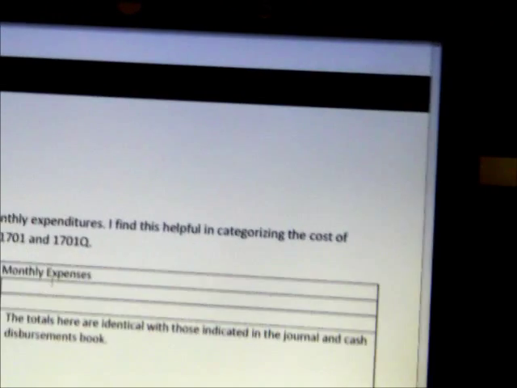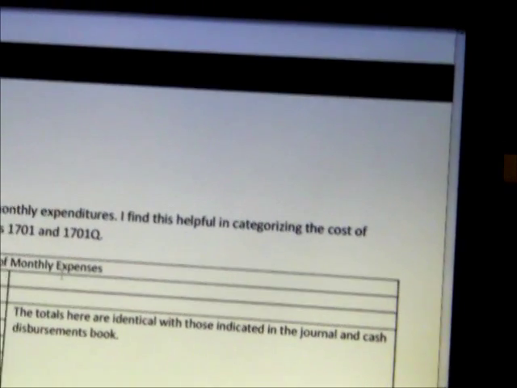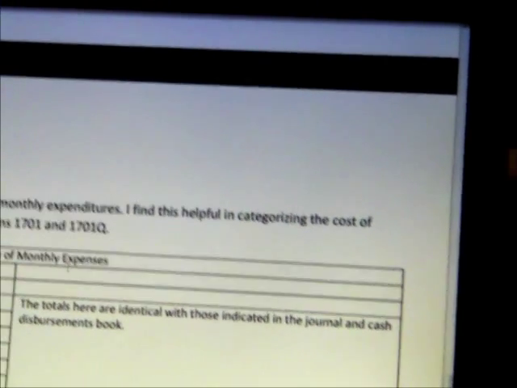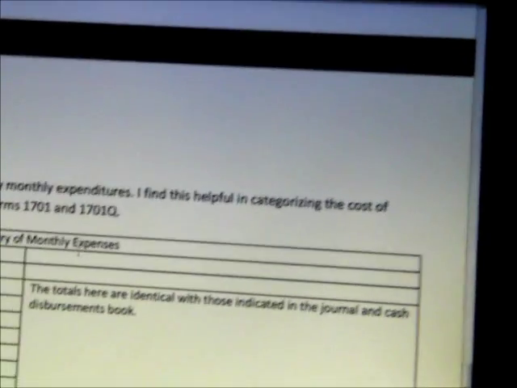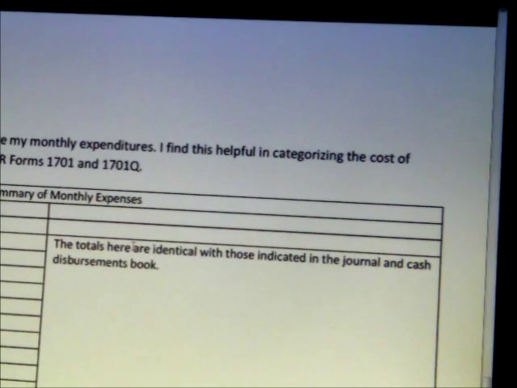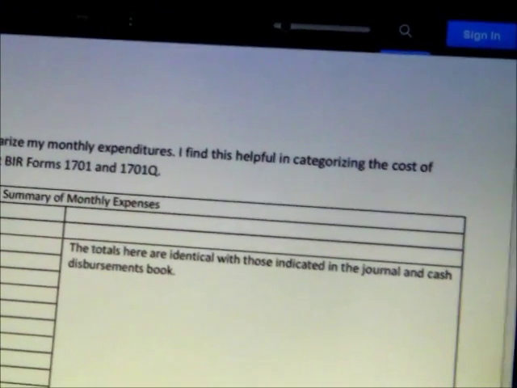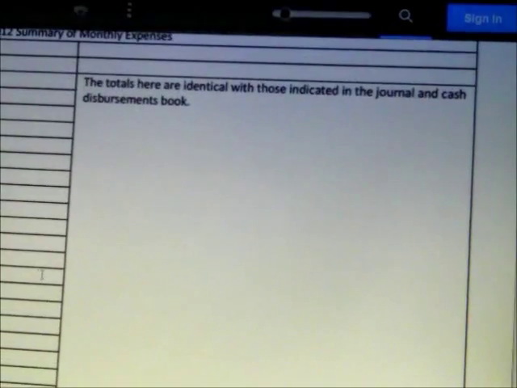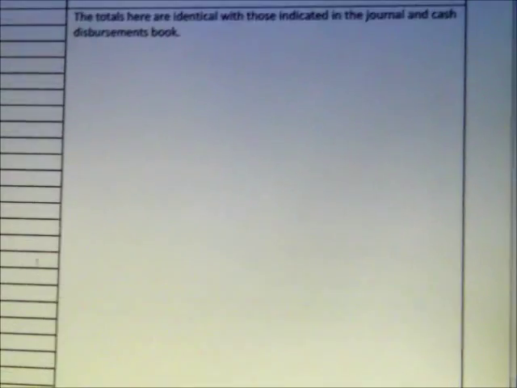Now this ledger, I assume and I believe, is different from the actual examples of bookkeepers and accountants, that I made it in such a way that I can go back to it and see the summary of my monthly expenses and even my income for the quarter and probably for the month and for the year. So there you have it.